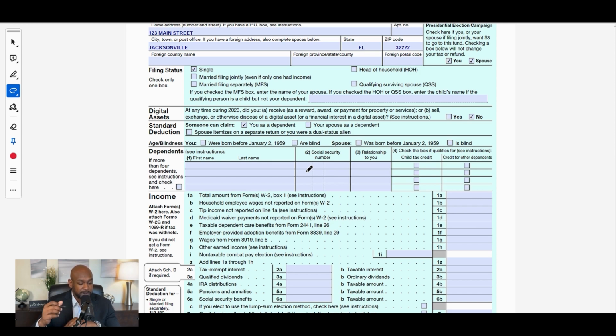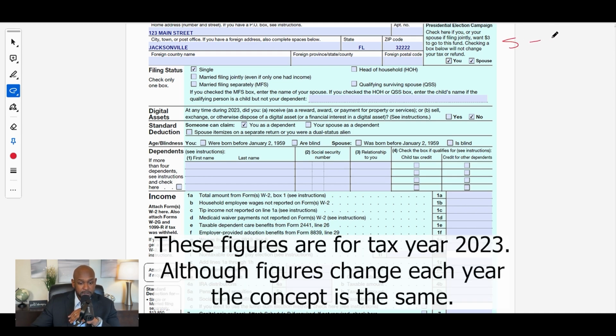And depending on your filing status, it can have a substantial impact on the amount of income that you have that is subject to tax. So it's a standard deduction. It's available to all taxpayers, and it's based on the filing status that you choose. So for instance, if we choose the single filing status, the standard deduction is